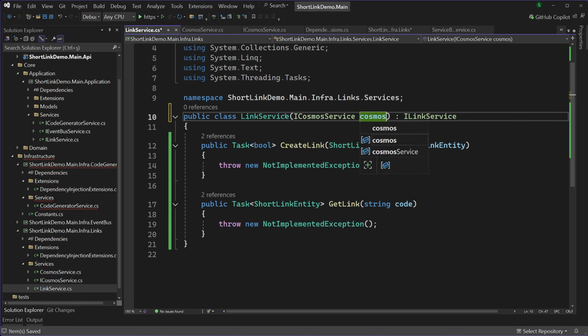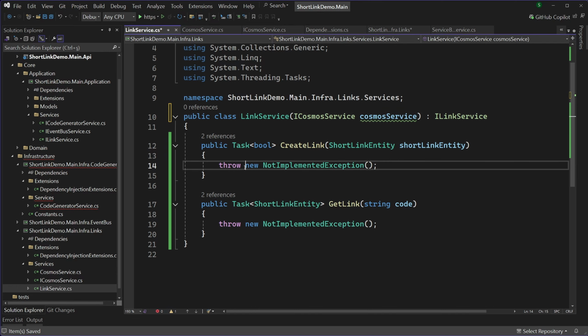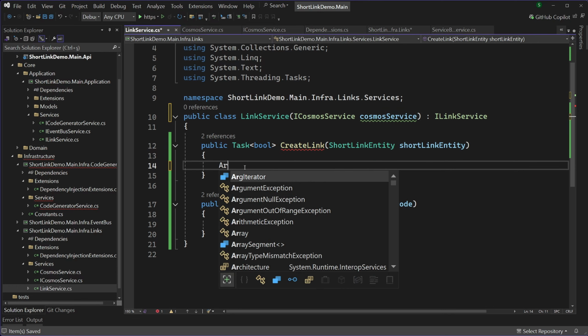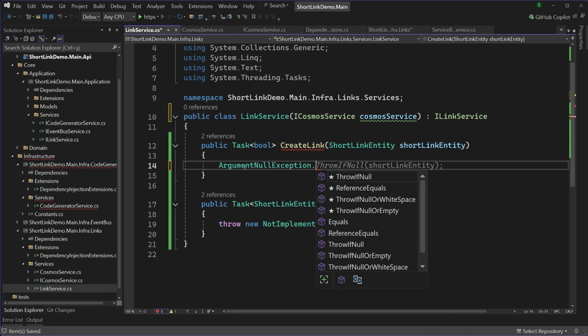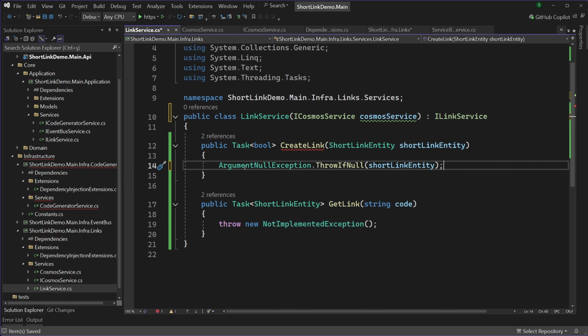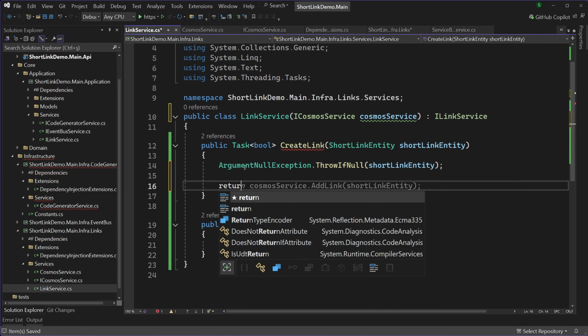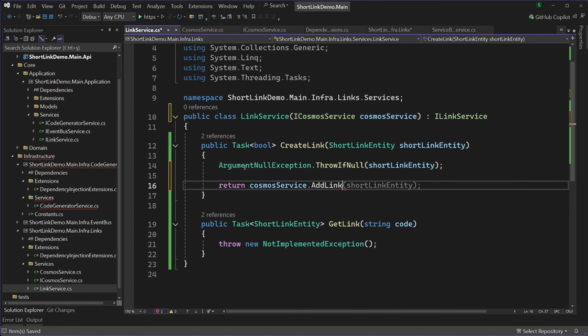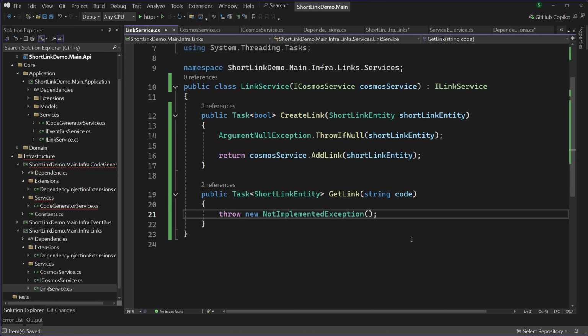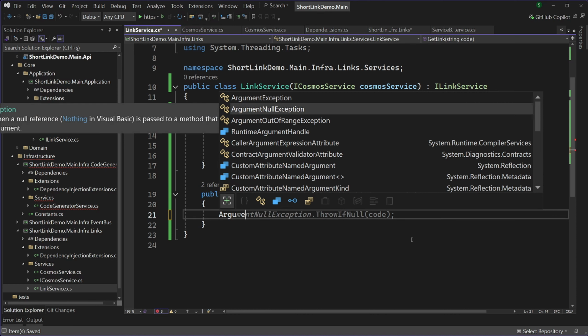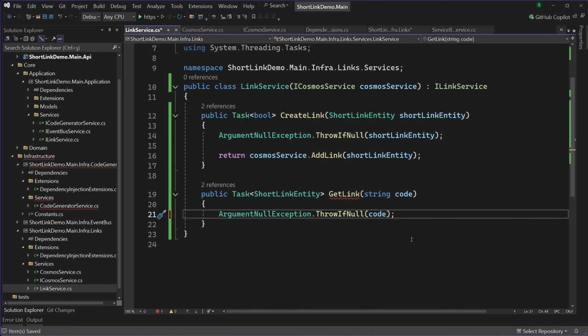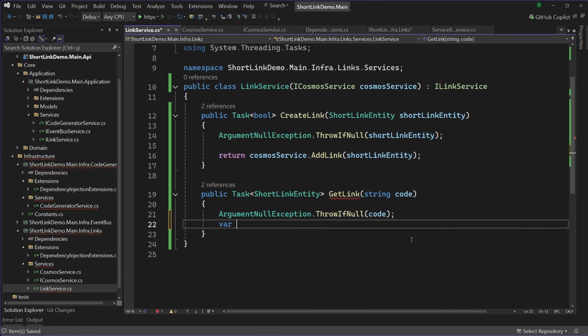So Cosmos service. This will be super easy actually. Maybe you can have an argument null exception, throw if the model is null, and return Cosmos service add link with the short link entity model. So this will be it. And for that one as well, again, maybe you may have an argument null check here for the code parameter. We can return Cosmos DB get link